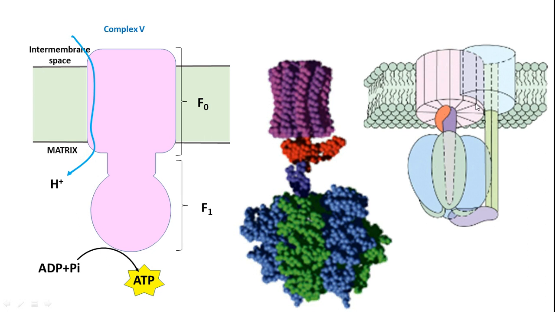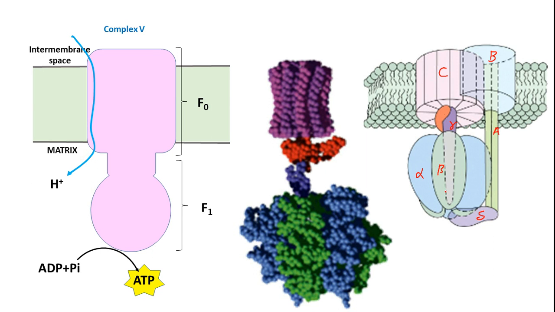Okay, so this is another graphical 3D representation of the protein structure, where let me give you the important units. These are C proteins, this is B unit, this is A unit, and here we have alpha and beta subunits. This is gamma, and this is the delta subunit. Alpha, beta, gamma and delta. The gamma unit looks like a shaft, which holds on to the alpha, beta and delta subunits.